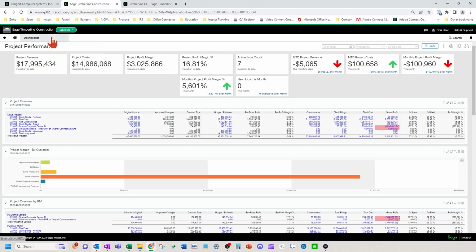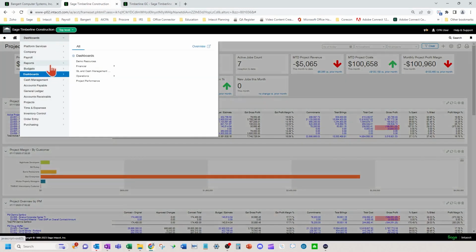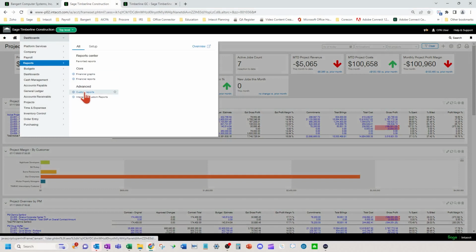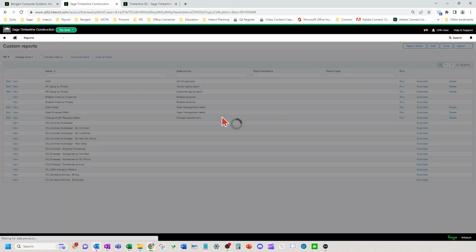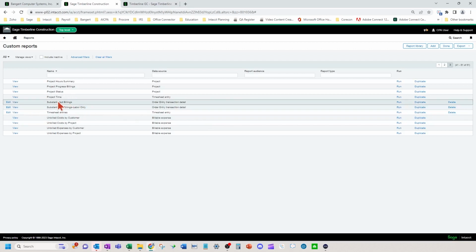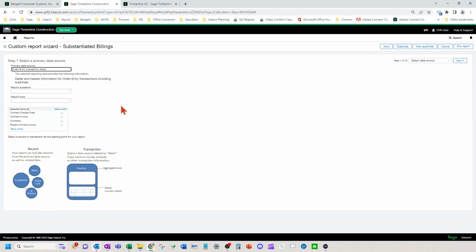Okay, so I'm going to navigate here to the report center. Go to my report called Substantiated Billings. And if you're familiar with Custom Report Writer, it's a wizard.